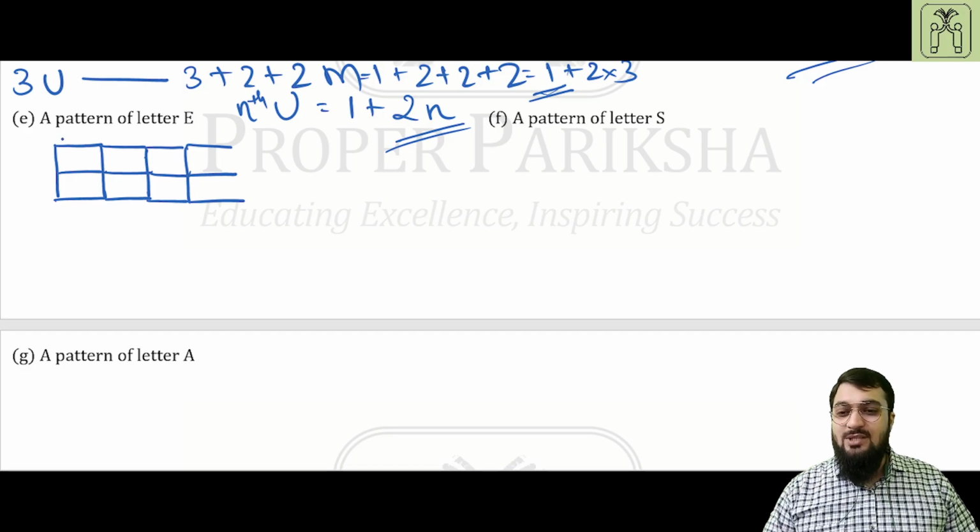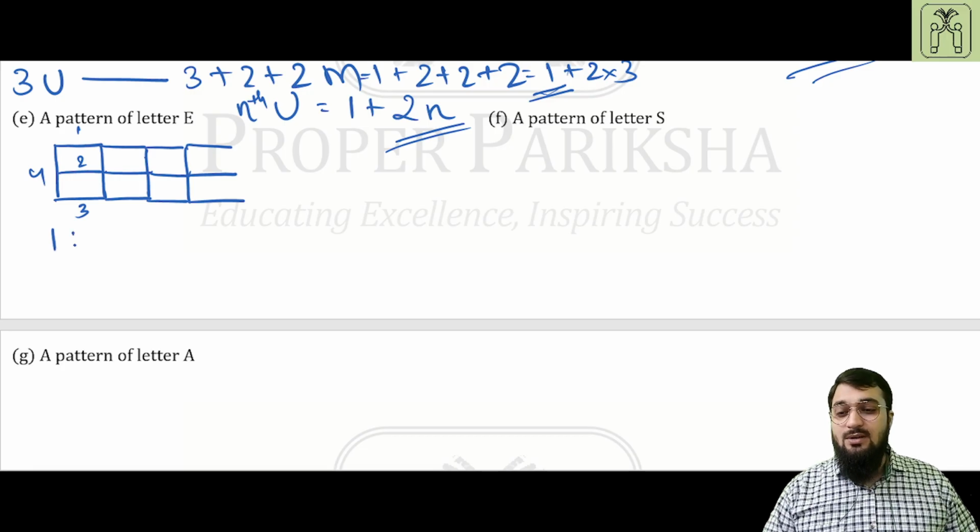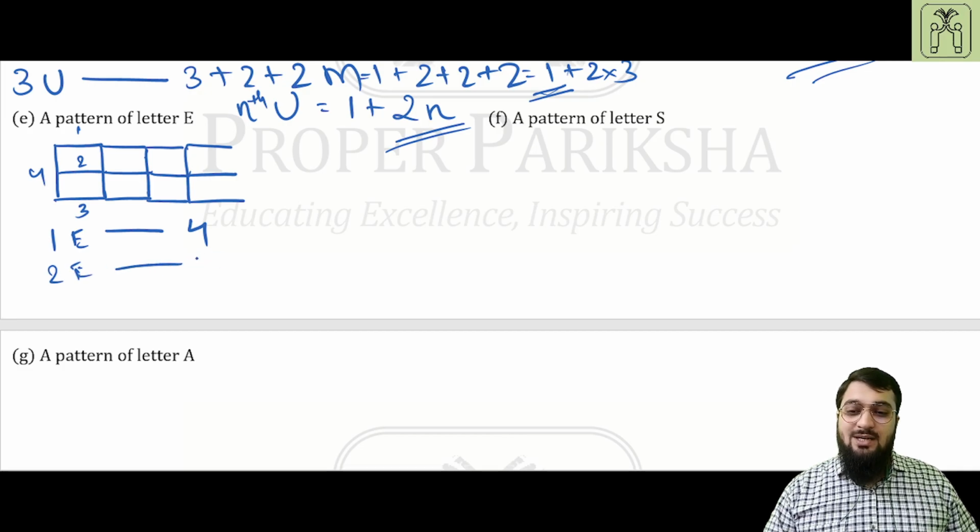So the number of matchsticks that one E requires is 1, 2, 3 and 4. That is the number of matchsticks it requires. So one E requires 4 matchsticks. So 2 will require how many? We can just write this down as 4 into 2, or we can count it 1, 2, 3 and 4,